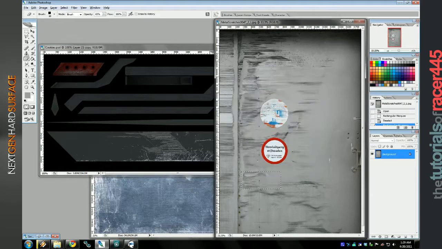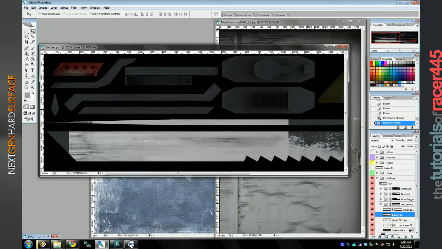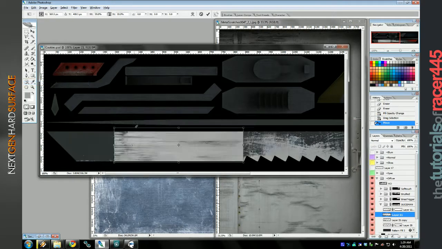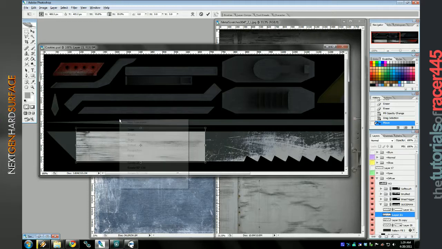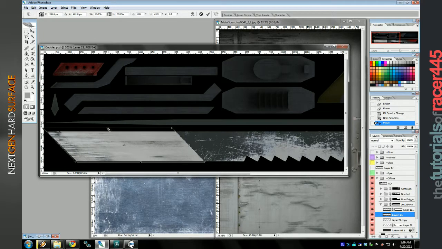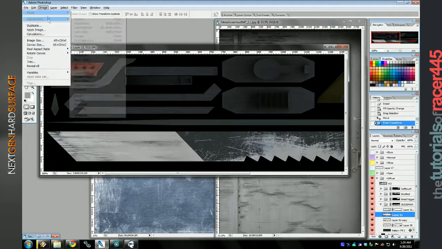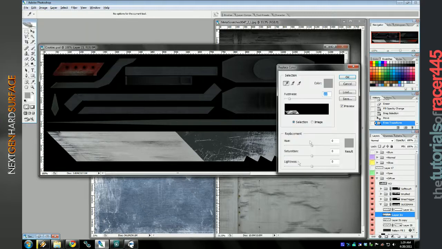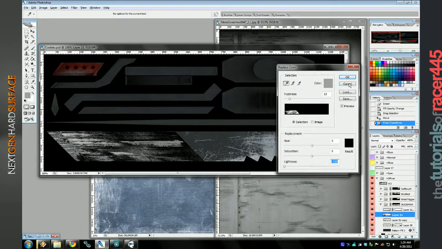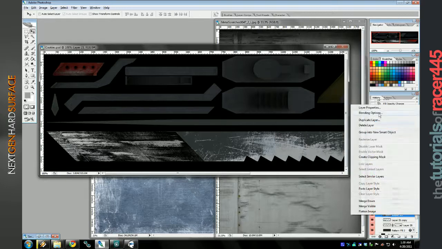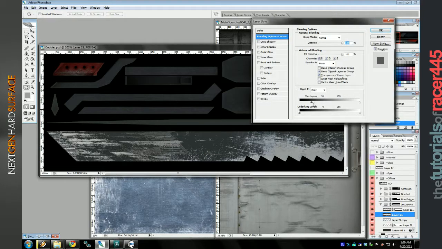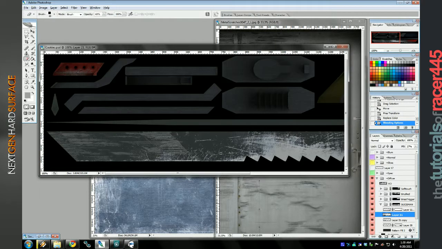So, for example, the gray surfaces on this scraped up piece of metal, the gray big surface would be impossible to manually select, and very hard to use blend if to get out. So to make that a little easier, I'm using selective color here, or replace color, to make those areas much darker so I can use blend if to blend them out,